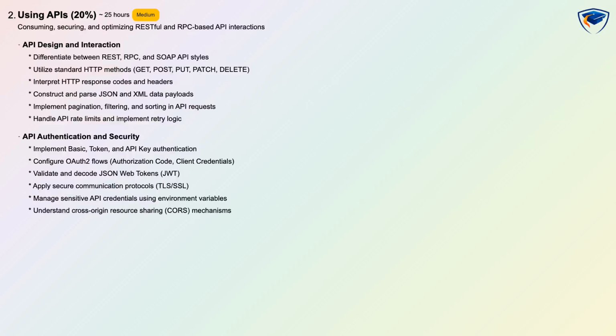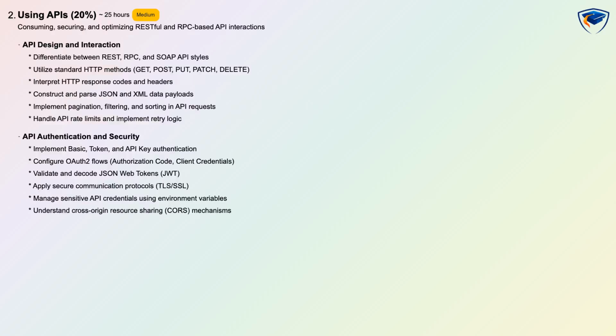Next up, we have the using APIs domain. This domain focuses on consuming, securing, and optimizing RESTful and RPC-based API interactions. Topics in this domain include API design and interaction, such as differentiating between REST, RPC, and SOAP API styles. You'll also need to know how to utilize standard HTTP methods, interpret HTTP response codes and headers, construct and parse JSON and XML data payloads, implement pagination, filtering, and sorting in API requests, and handle API rate limits and implement